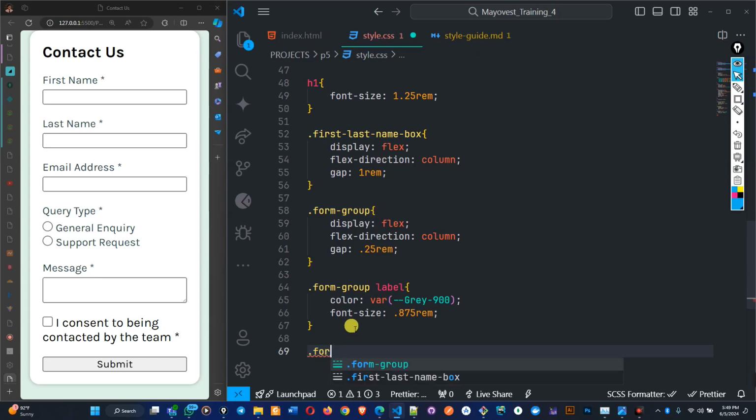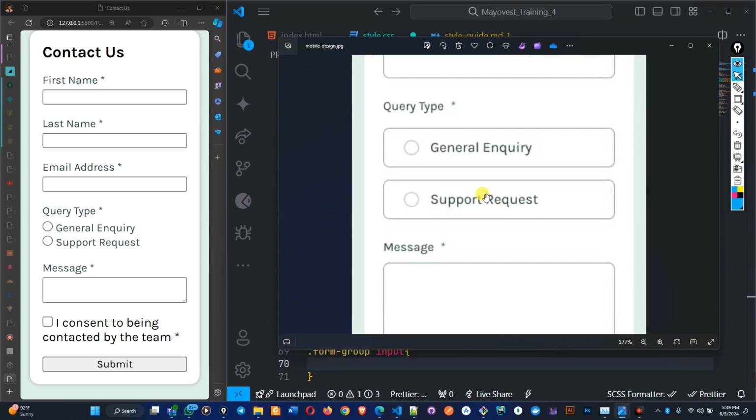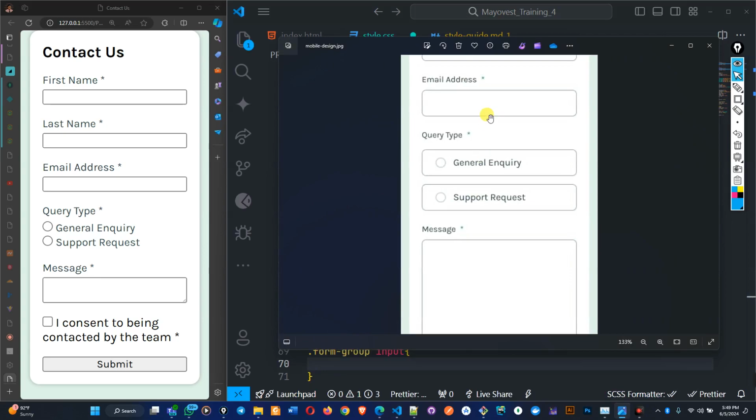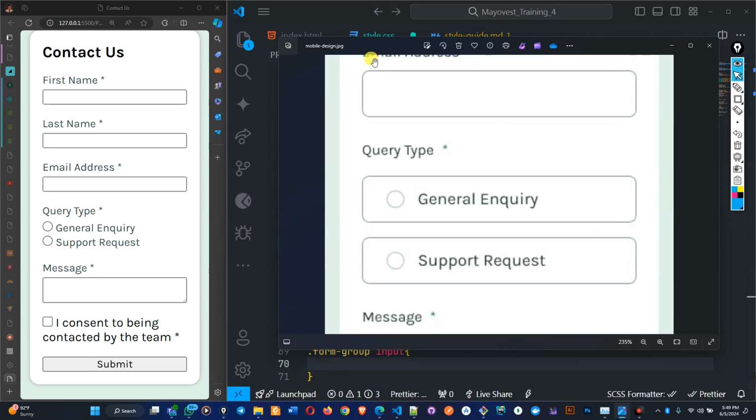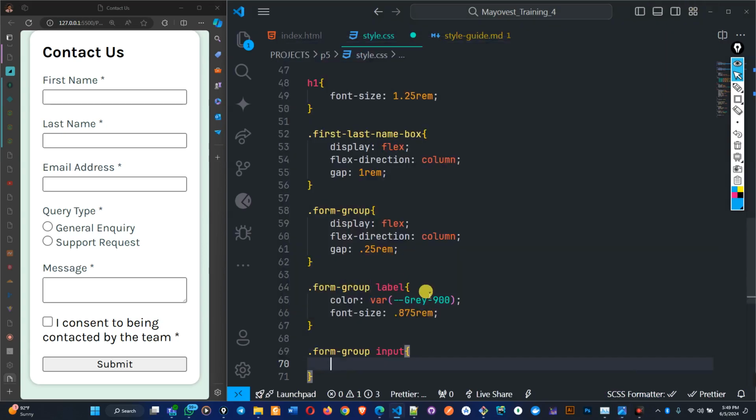So we have this form group that has an input inside it. But if you look at it, the color that one is using is different. By default, I think it's using that same gray. So the border, that's what we want to change. The border should be 1 pixel, then solid, which is going to be our